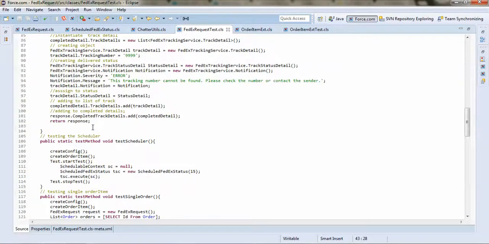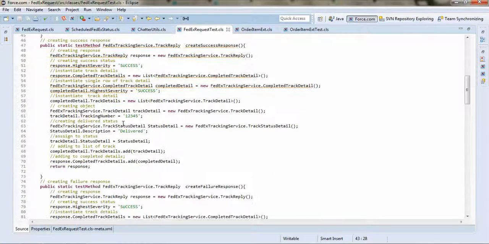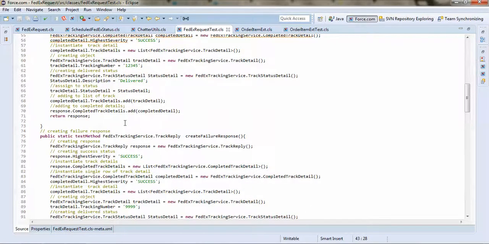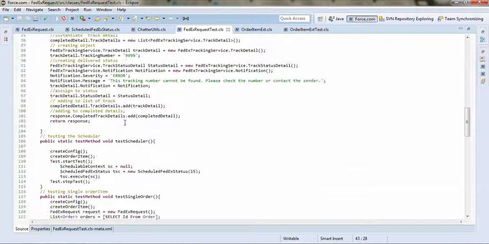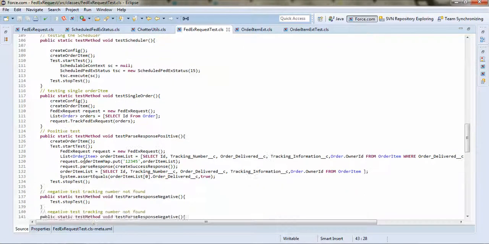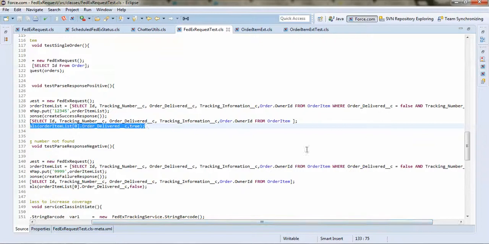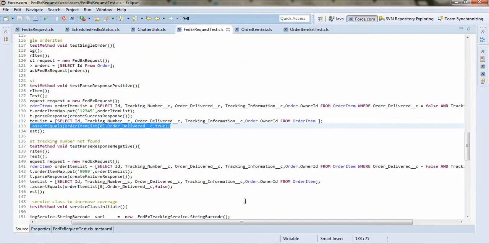I gave a detailed description. I use Test.startTest and Test.stopTest with System.assert, so both positive and negative cases are tested. For the first time when order delivered is false, and next time I'm selecting and it becomes true, and in the negative case when the tracking number is not found, it is still false.